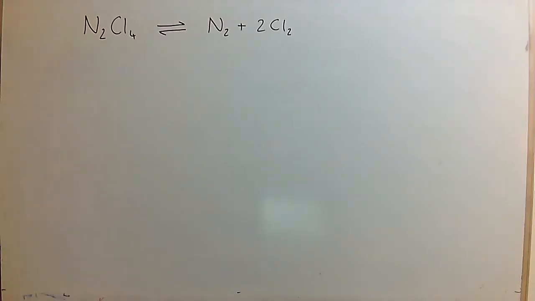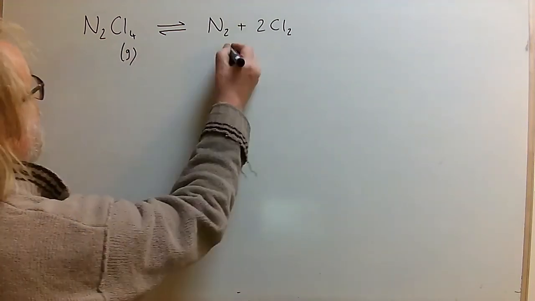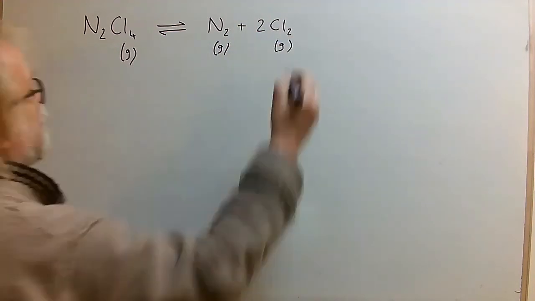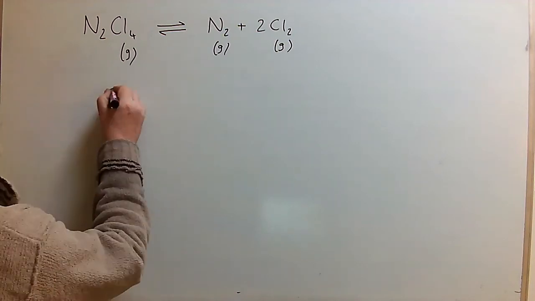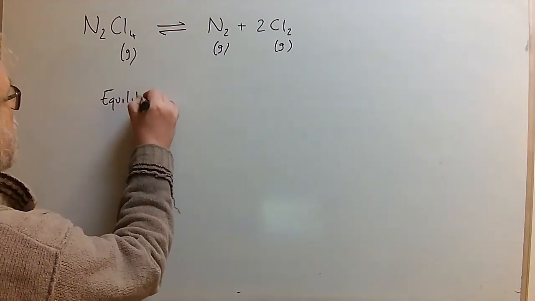The last part of the question is just applying Le Chatelier's principle to figure out what happens when you increase the pressure. So these are all gases, and what Le Chatelier says is that if you increase the pressure, the equilibrium will shift in the direction that will oppose that change. In other words, that will try to decrease the pressure again, and it will do that by moving in the direction where there are fewer moles of gas, because if there's less gas, there's less pressure. So what you say is that the equilibrium opposes a pressure increase,